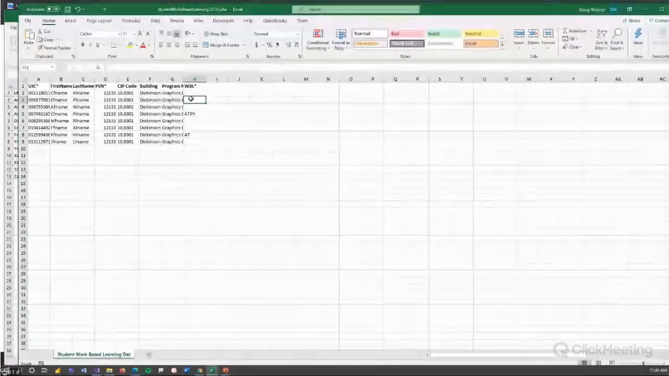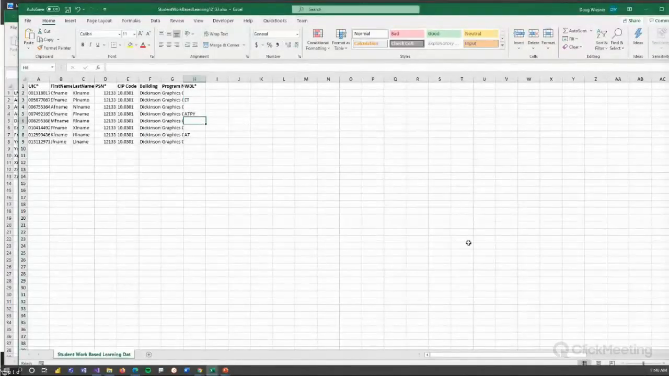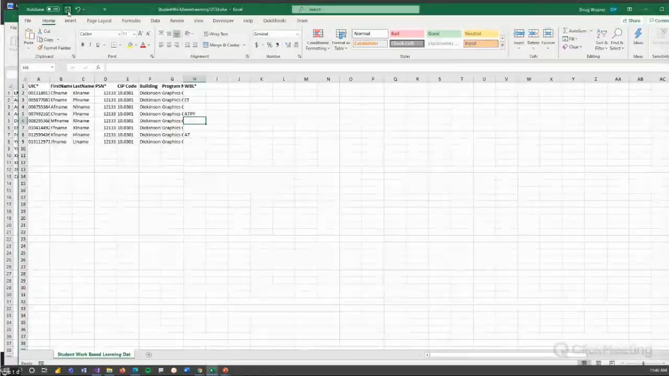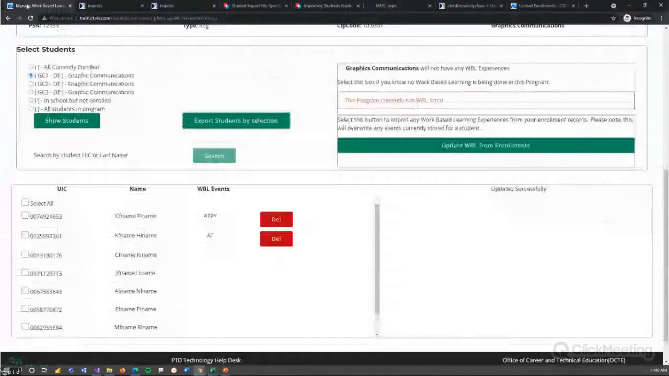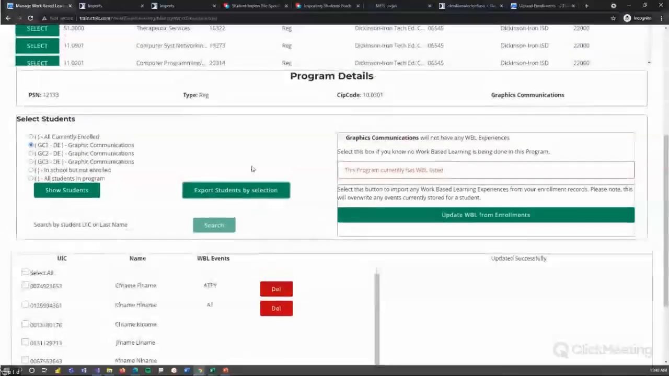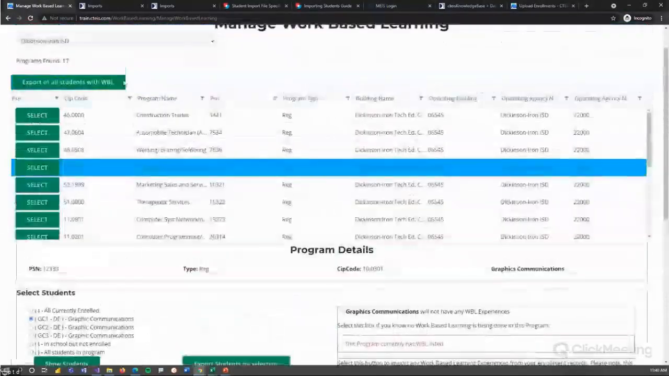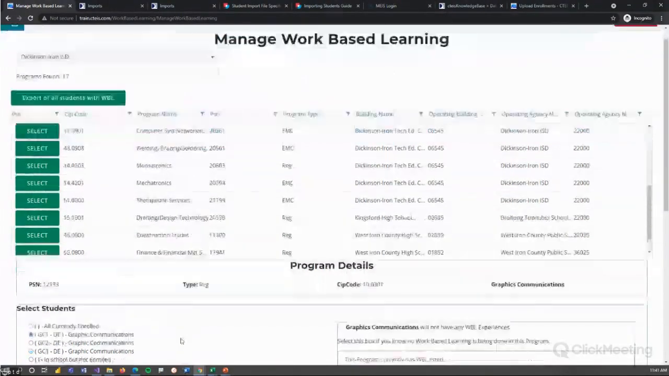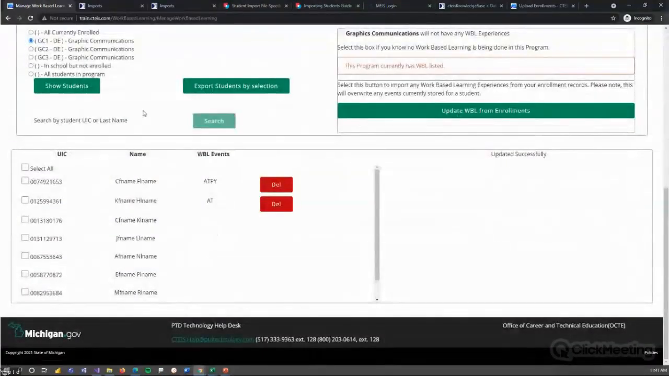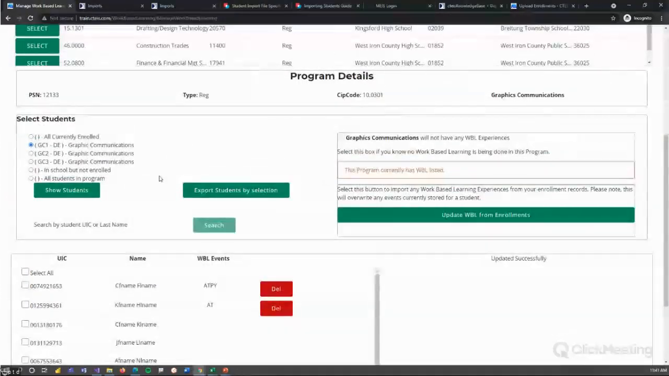Edit that and add an E, a T. And then save that. And then I can use the import function over here to import that same file back into the system and have those work-based learning events be imported that way. So it might be easier to do it that way, to export student lists and then figure out which